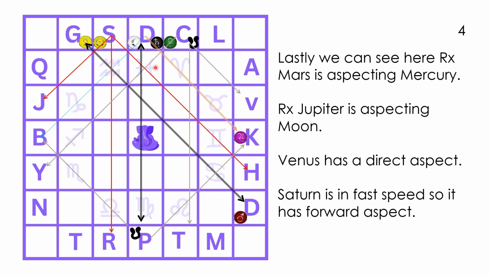And out of those, I think Moon and Saturn are both aspecting Jupiter as well. Then you have Venus. Venus is in normal speed. It is having a direct aspect on Ta. And Saturn, as I said, it has a fast speed. So now